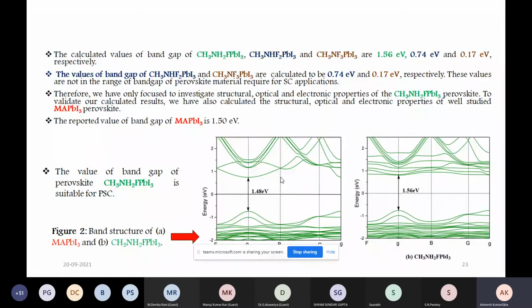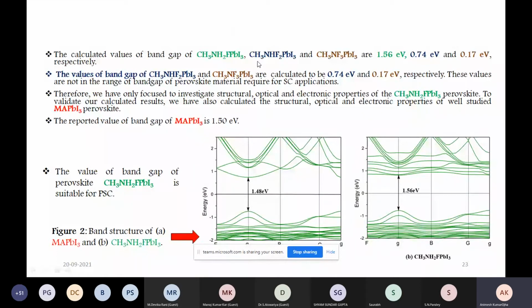And we found that for the first compound, CH3NH2F PbI3, the band gap is lying close to